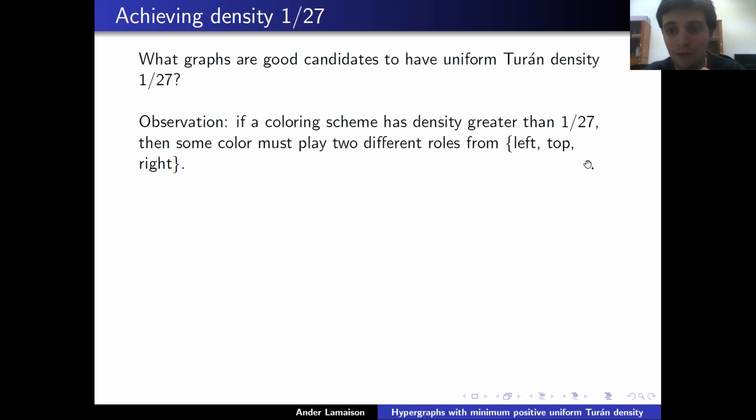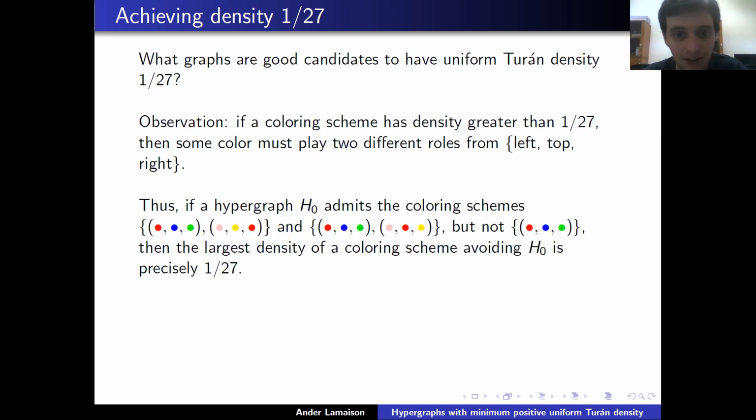And here the 1/27 is sharp because the trivial coloring scheme, if you only have one triple that contains three different colors, has density equal to 1/27, and each color only plays one role. So then we must find a way to use this information, about a threshold occurring at 1/27, and the implication is that if you have some hypergraph H0 that admits these two coloring schemes,